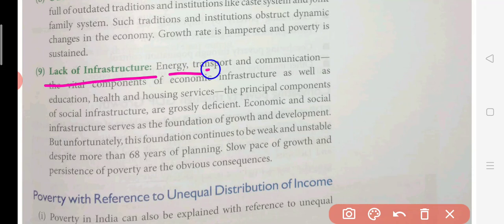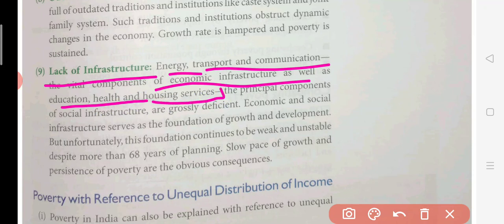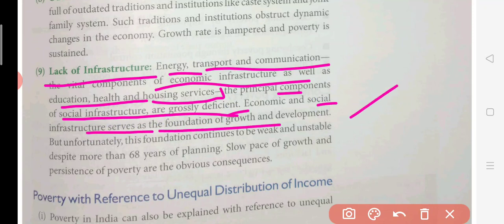poor है, like energy, transportation, communication are the main part of infrastructure, as well as education, health and housing services. All these things are very deficient, बहुत ही कम है इंडिया में, and many people are not getting proper services in terms of education, health and all. So economic and social infrastructure which serve the foundation of growth and development, you can see that in each and every country, if the infrastructure